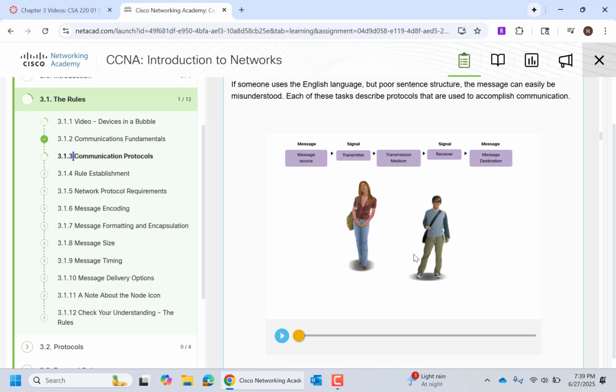So keep that in mind. Or it could be a specific subset of people, like maybe you're in a room and you're just talking to one table, if there's a bunch of tables in the room. That kind of relates to our unicast, broadcast, and multicast traffic, as we'll learn later on in this course.